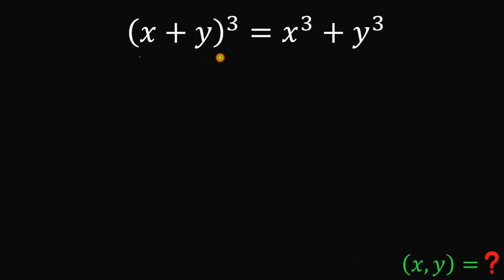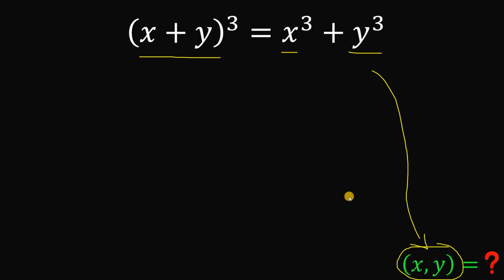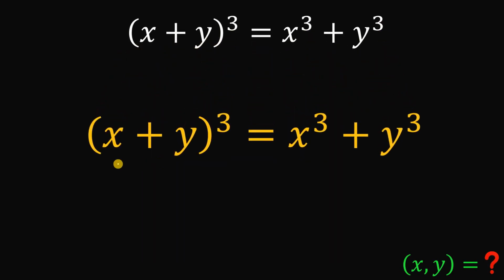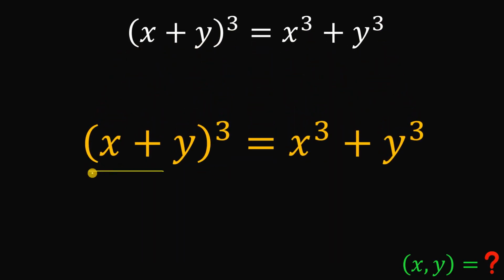Alright, so given this equation, (x + y)^3 = x^3 + y^3, our goal is to find the ordered pair (x, y) that satisfies this equation. So let's get this equation, and what we're going to do is expand (x + y)^3. To easily expand (x + y)^3, we can use Pascal's triangle or simply